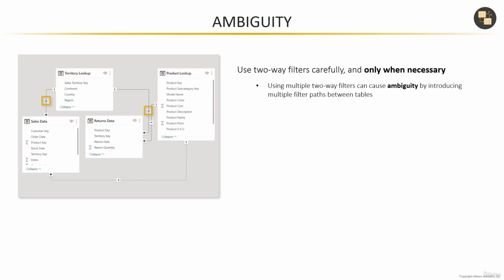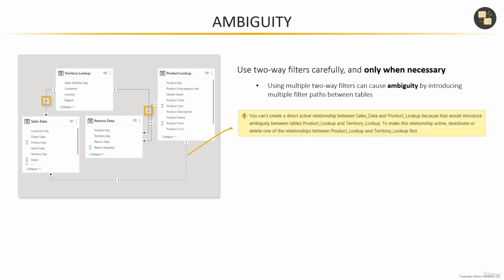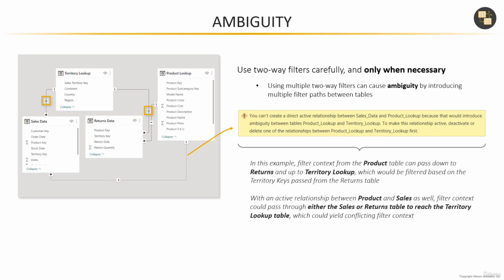So you'll notice here that product lookup is connected to our returns table with an active relationship, and it's connected to our sales table with an inactive relationship. If we tried to activate that relationship between product and sales, we'd get an error message that says you can't create a direct active relationship because that would introduce ambiguity between tables product lookup and territory lookup. So that message is a little bit vague, a little bit unclear, but what it's essentially saying is